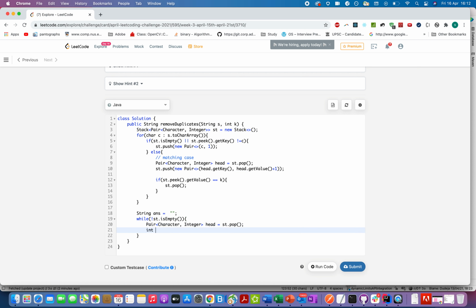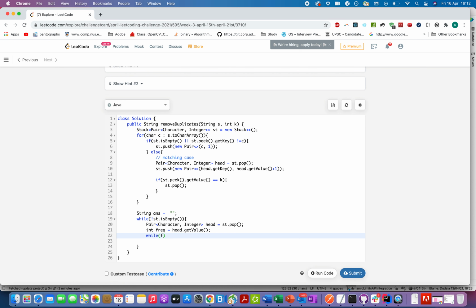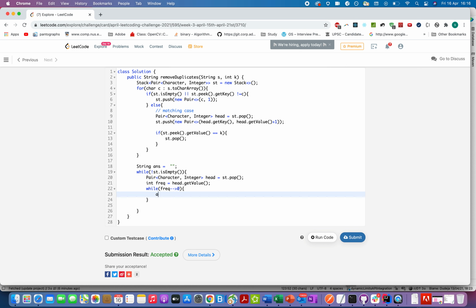So let's find the frequency, head.getValue(), while frequency-- is greater than 0, ans equals head.getKey() plus ans.